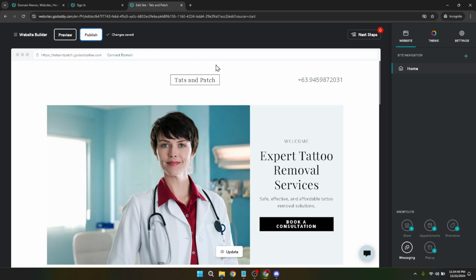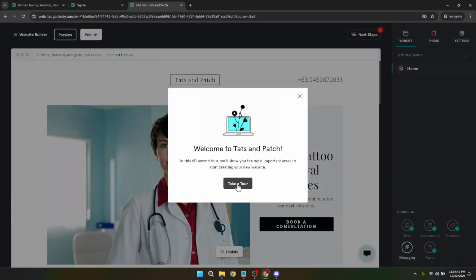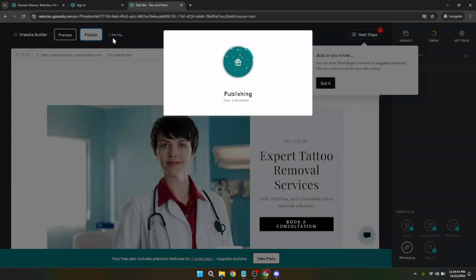Creating a website on GoDaddy is not just about launching a site, it's about beginning a new journey, whether it's for your personal brand, business, or passion project. By following these steps, you've laid down the digital foundation upon which your online presence will grow. Remember, your website can evolve over time, so don't be afraid to make adjustments and updates as you go along. This concludes our quick guide on setting up a website with GoDaddy.